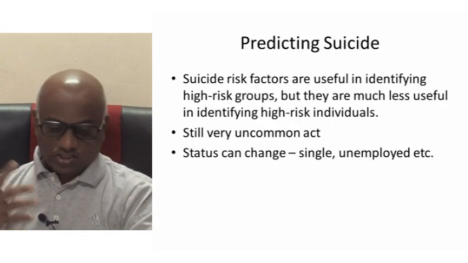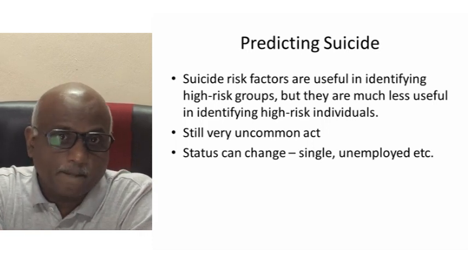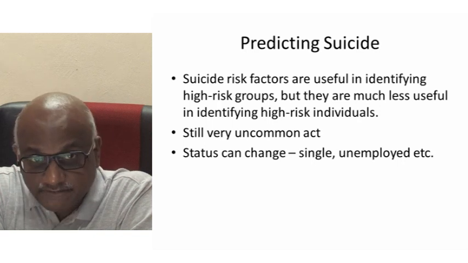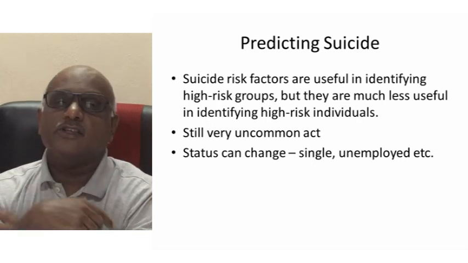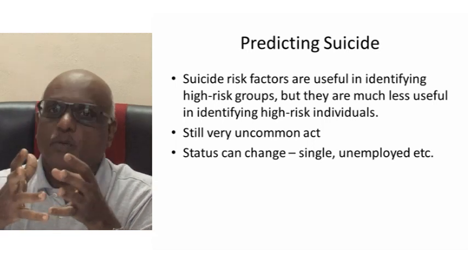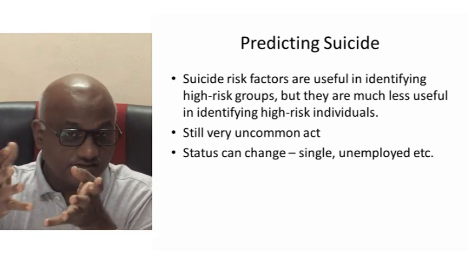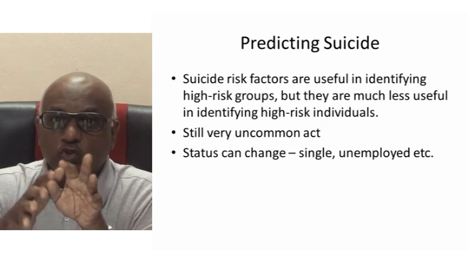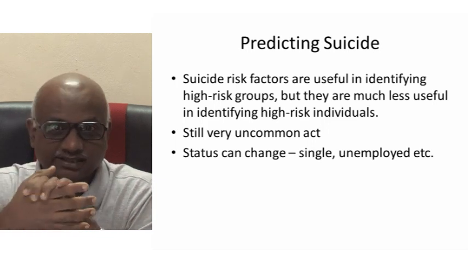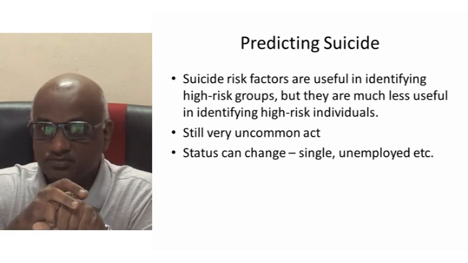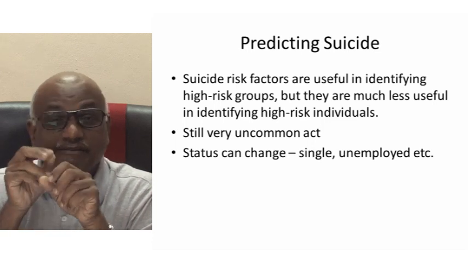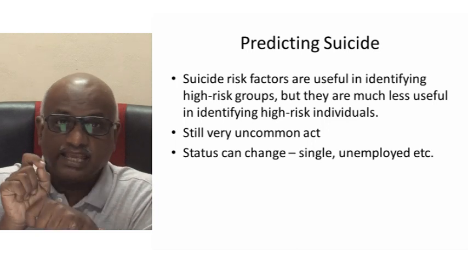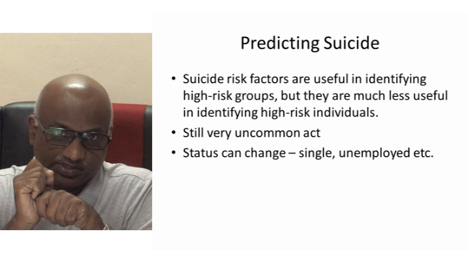Yes. So can we actually predict suicide? The answer is no. We can identify the risk factors, but unfortunately, still suicide is such an uncommon event. As we saw in Sri Lanka, it's about 25 per 100,000 people. So though we can identify risk factors like mental disorders, like alcohol problems, like poor problem solving skills, when it comes to identifying an individual, there is no way that we can say this person is likely to commit suicide.